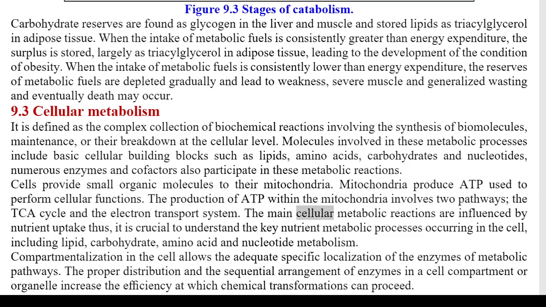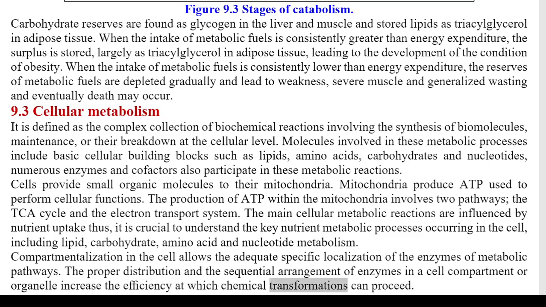The main cellular metabolic reactions are influenced by nutrient uptake. Thus, it is crucial to understand the key nutrient metabolic processes occurring in the cell, including lipid, carbohydrate, amino acid, and nucleotide metabolism. Compartmentalization in the cell allows the adequate specific localization of the enzymes of metabolic pathways. The proper distribution and the sequential arrangement of enzymes in a cell compartment or organelle increase the efficiency at which